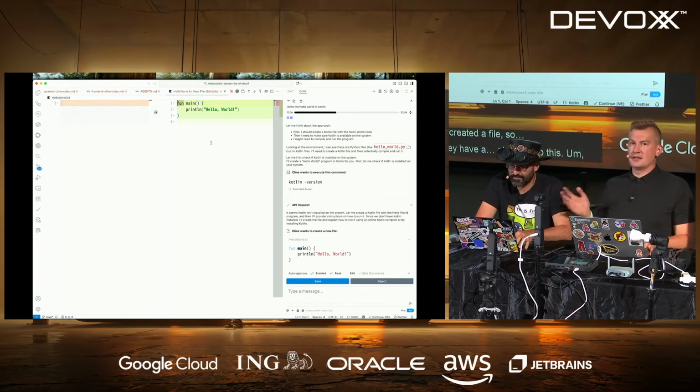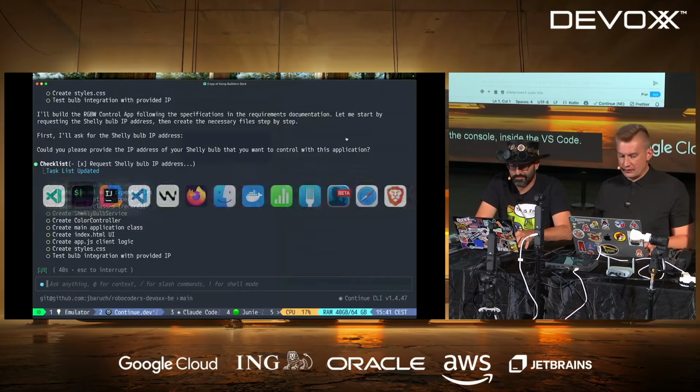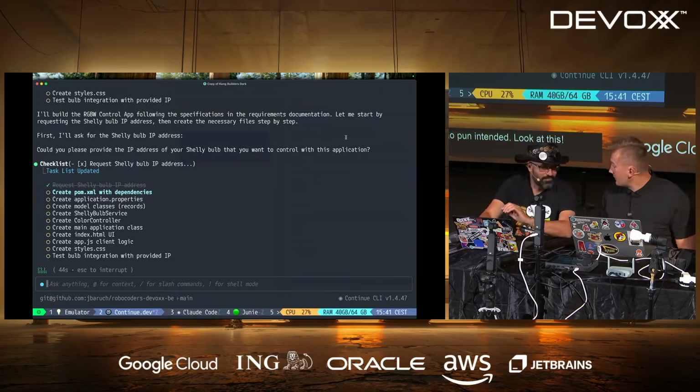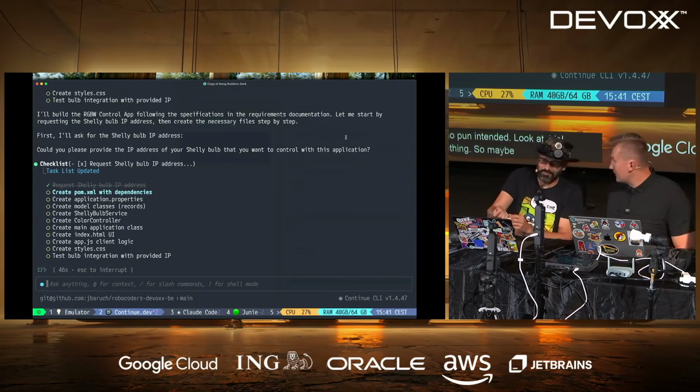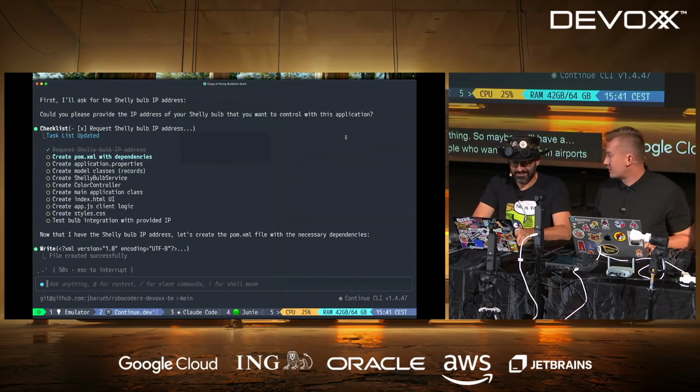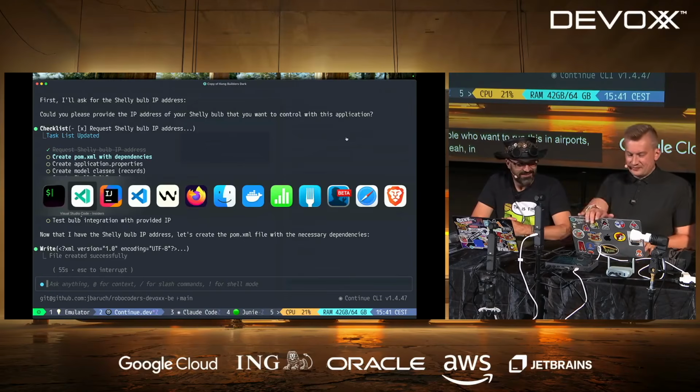Cline also has an agent that runs inside the console, inside VS Code, but we will continue with Continue, no pun intended. Look at this, check this out. It actually does something. So maybe we'll have some working advice for people who want to run this in airports, in cars, planes, in conferences.